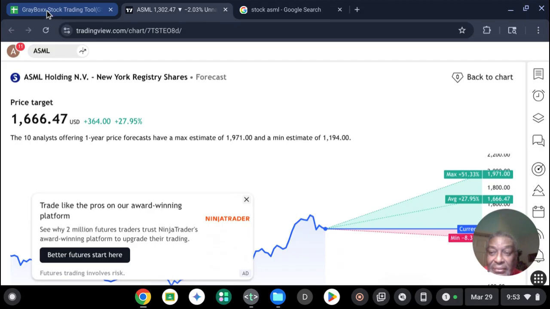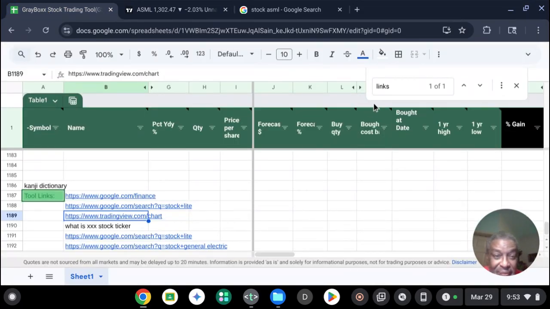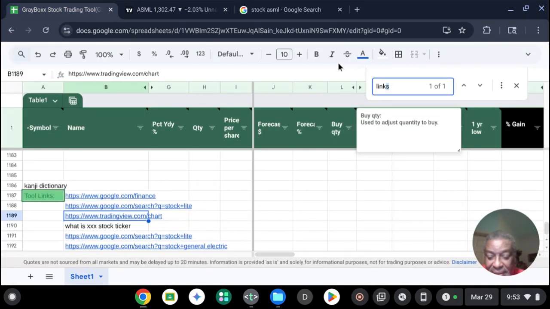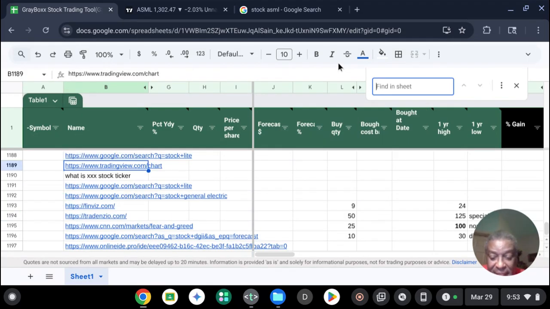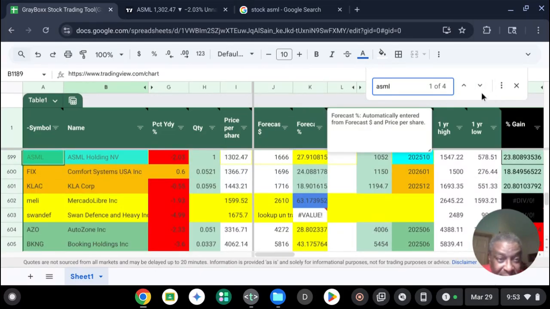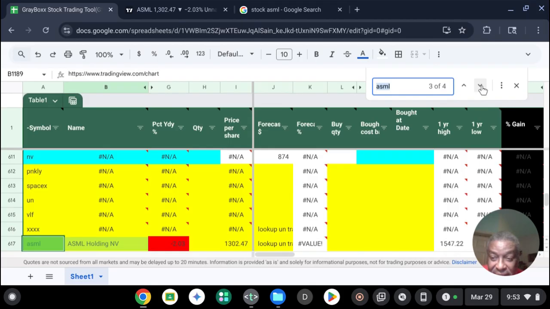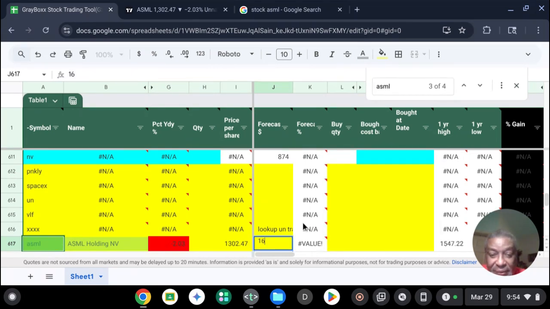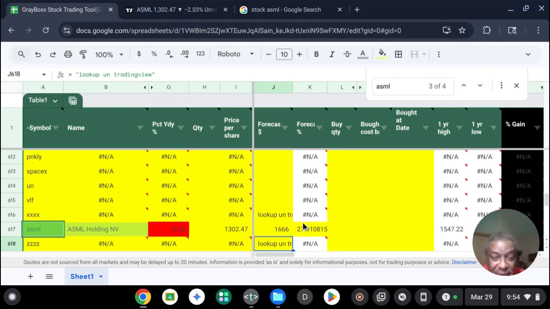So I'm going to go back to my stock trading tool and do a paste to get to my ASML. I want to get the lowercase one that I just added because this is my standard and there's information in that particular row I don't want to lose. So I'm going to click on that, go to the forecast, and type in 1,666. I'm not going to worry about the change because that's down in the noise. And it's going to give me a forecast of